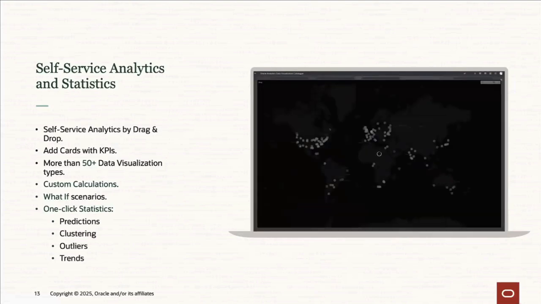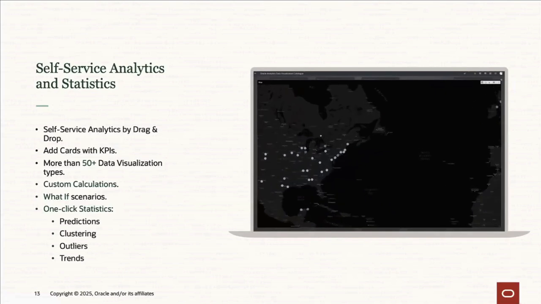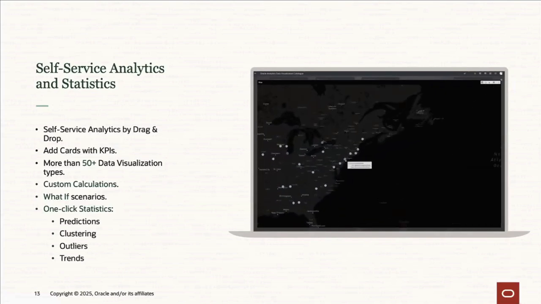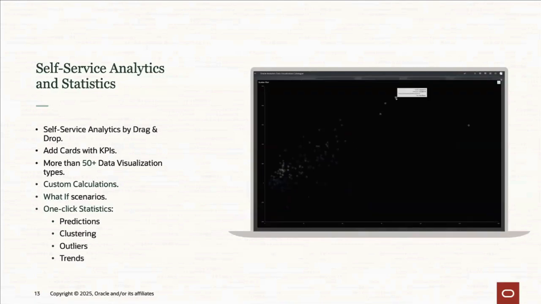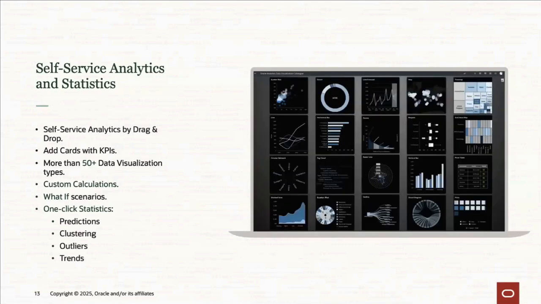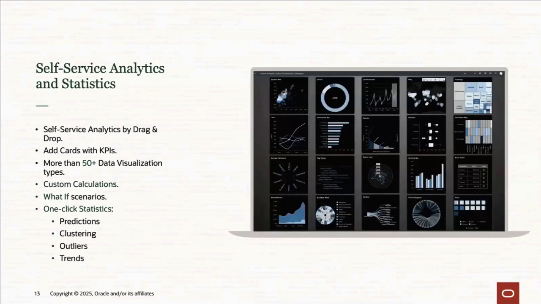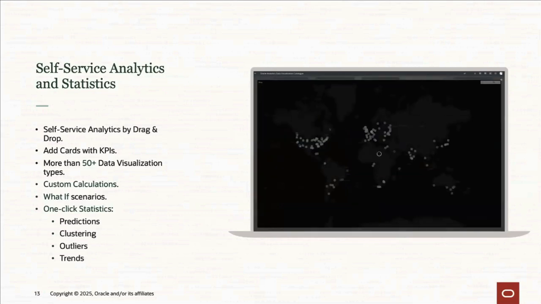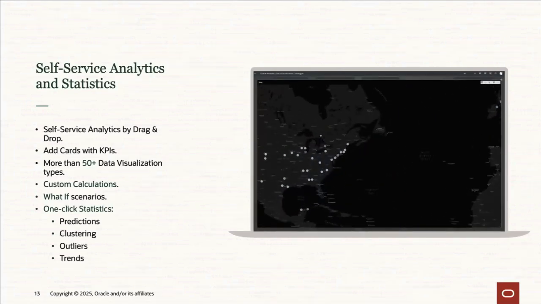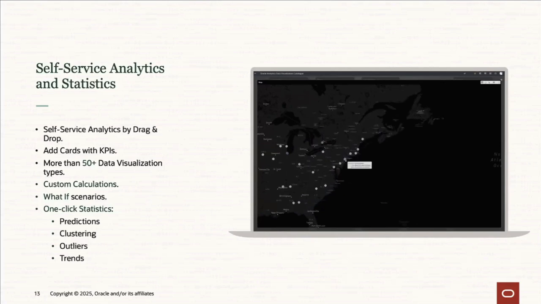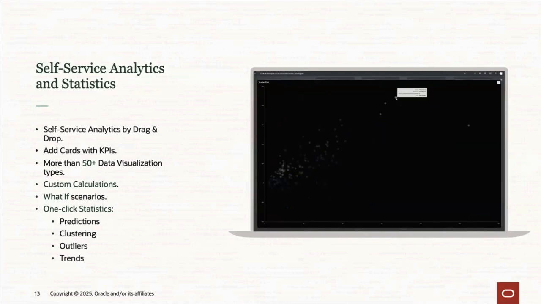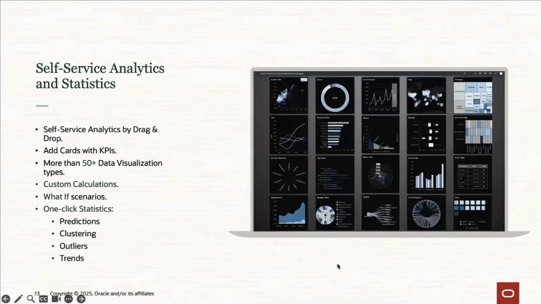With one-click statistics, as the name would imply, this is a way to open up a menu called one-click statistics. When you click on a visualization, and then you click on either prediction, clustering, outlier, or trend, with simply one click, it will add these fields to your visualization. So we kind of get this picture of OAC as being something where it's very streamlined. You're going to have a lot of flexibility in the tool, and all of the machine learning is helping you get from data to your visualization as fast as possible.